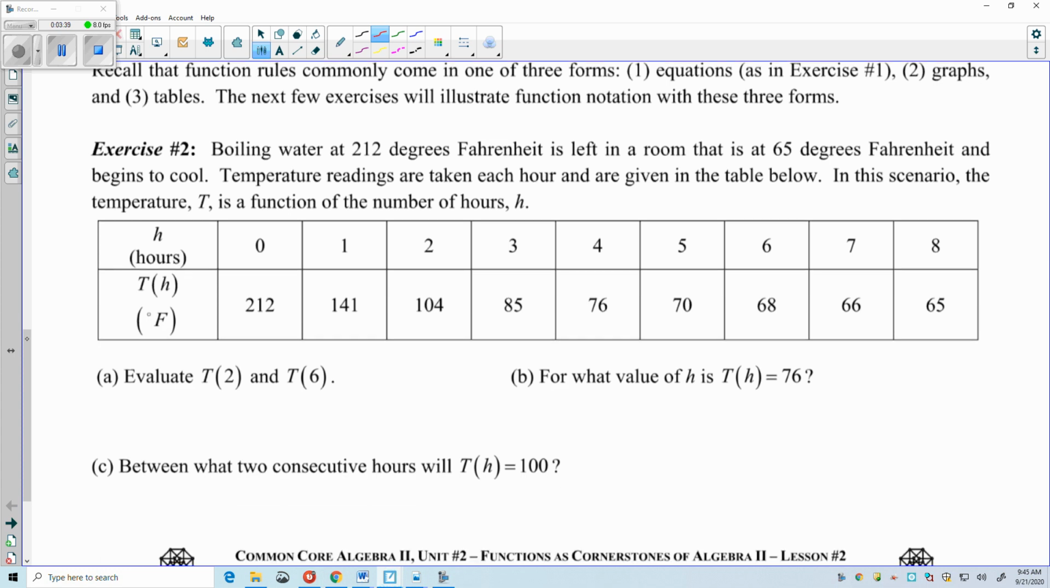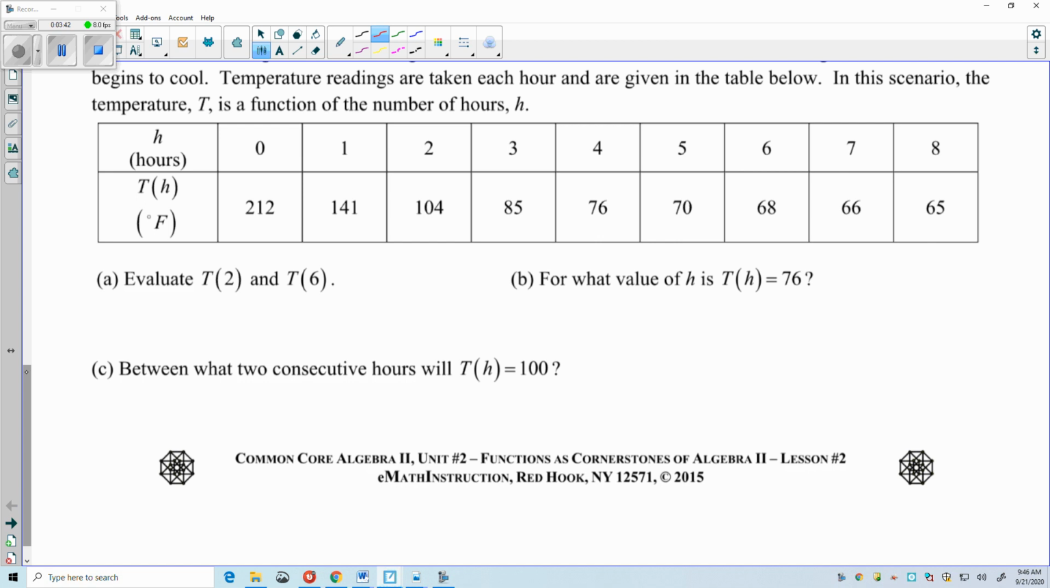So it's saying evaluate T of 2 and T of 6. In other words, it's like saying what happens to the temperature at 2 hours. So when h is equal to 2, that's another way to look at it. So when h is equal to 2, the temperature is 104. Okay. At the time value of 6 hours, I want the temperature. So the temperature at 6 hours, if I look over here on the chart,